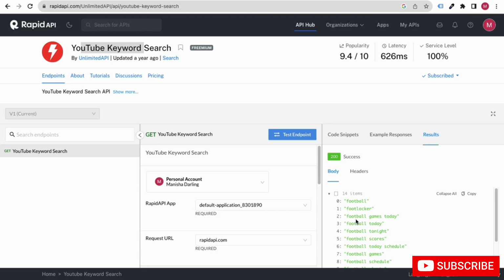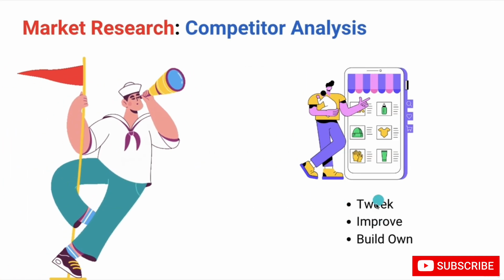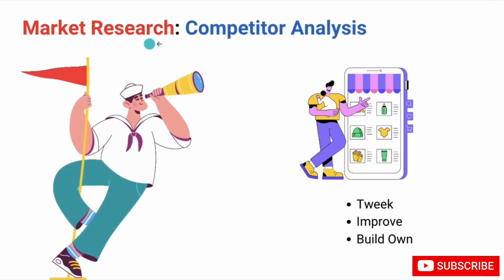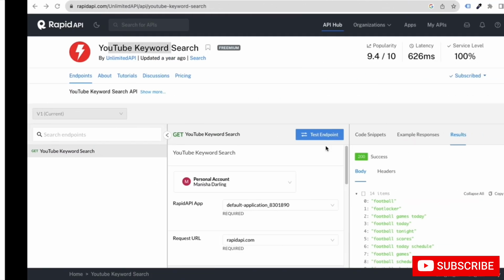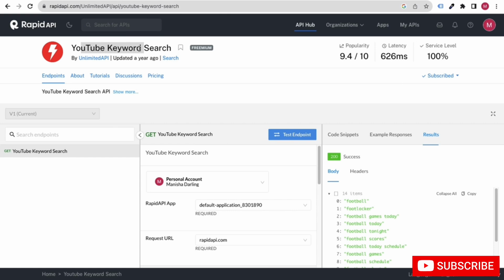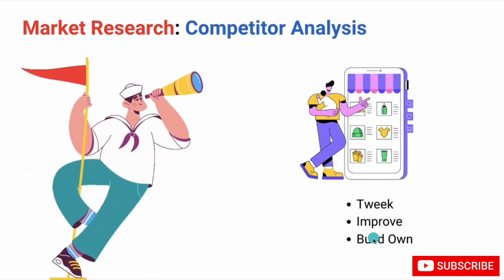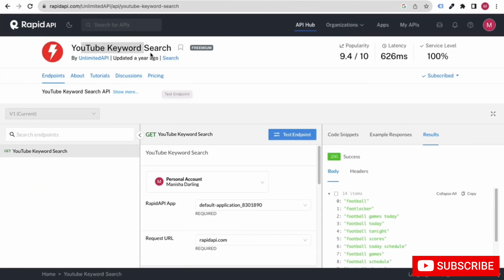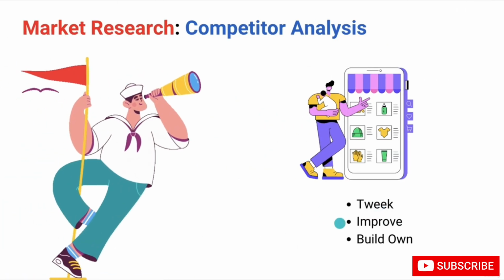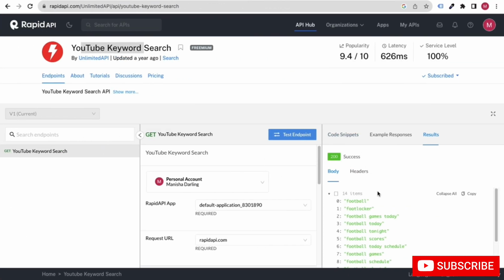So that is what I have said to you, that whenever you see your competitors, you always have to tweak whatever API they have made. So you must create your own. That means you have to build your own API, and you have to tweak it. That means you have to change your API a little bit as compared to your competitors, and you have to try to improve it, okay, with more features and functionality.